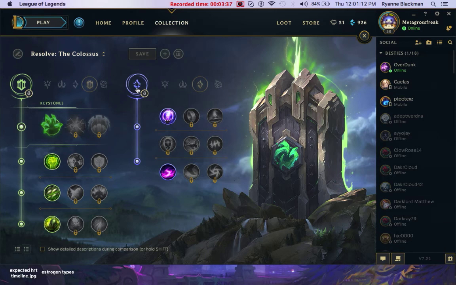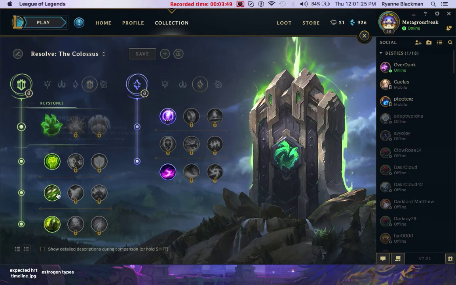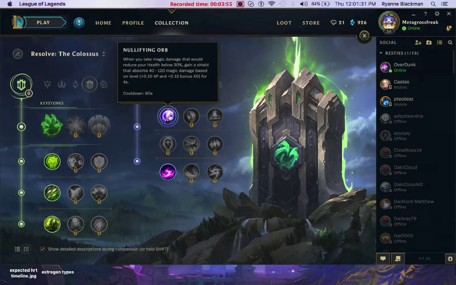But then it adds on Sorcery for the abilities Nullifying Orb to give you a magic shield, kind of similar to a Blitzcrank passive. This is really good because it helps balance out the Iron Skin. Iron Skin will give you more armor. Nullifying Orb will help give you some magic resist, or at least a magic shield. And it has a cooldown of once per minute, which is actually a lot better than